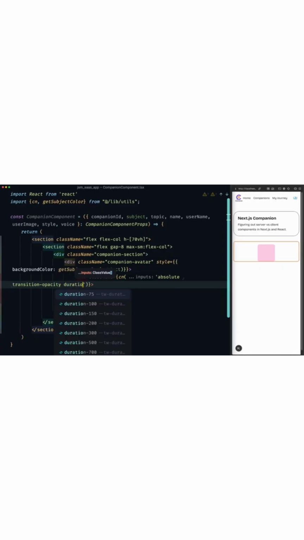Within this div, we can also render an image that'll show us when the call status is inactive or connecting. So I'll render a div and I'll give it a class name equal to cn for class names, which you have to import. And it'll always have the absolute style as well as a transition opacity and a duration of 1000 for the animation. But then, based off of the status, we have to figure out what icon do we